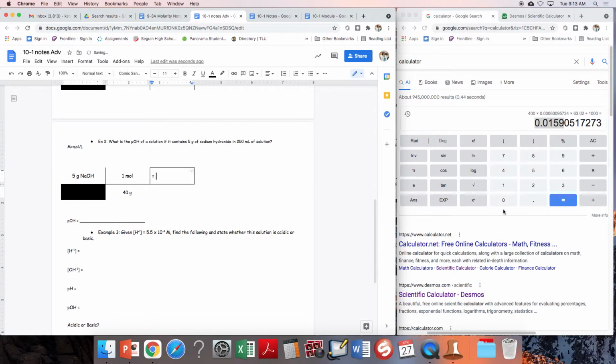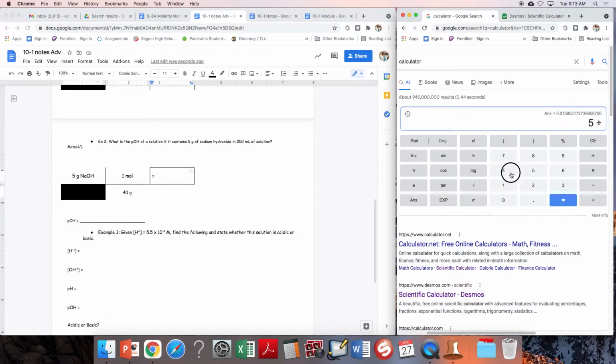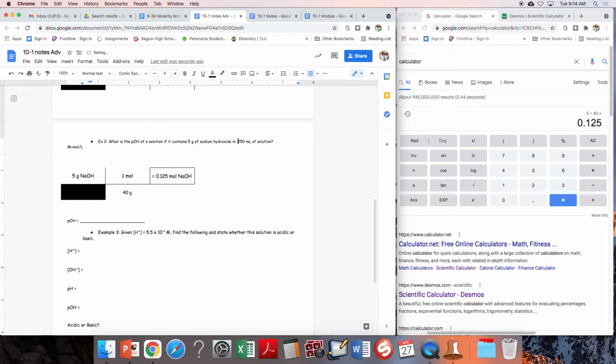So I divide this out, and I get, should be 0.125 because it's an eighth, but let's make sure. Yep. So my moles is 0.125 moles of NaOH. My solution is 250 milliliters. This one I don't necessarily have to do dimensional analysis because remember, we're dividing by 1,000, so we just move the decimal. 1, 2, 3. So it's going to be 0.25